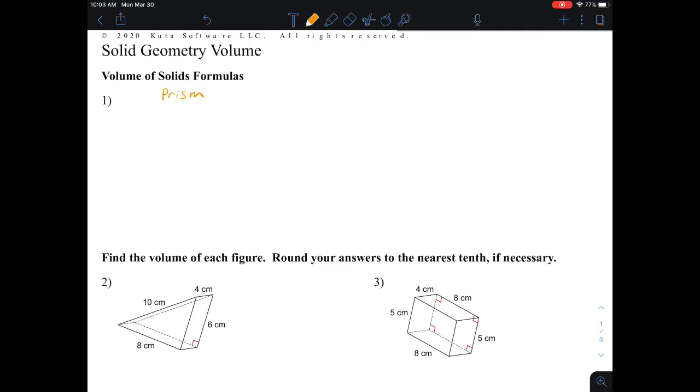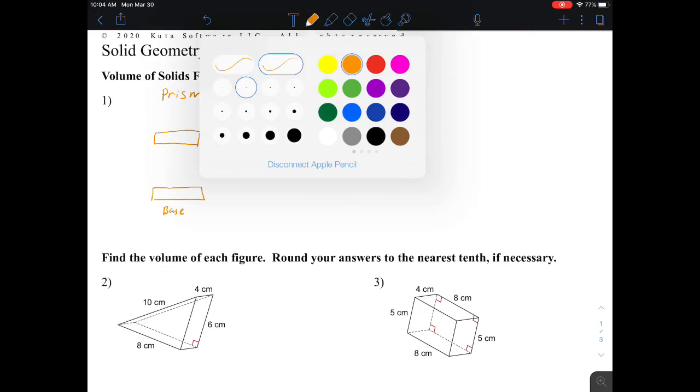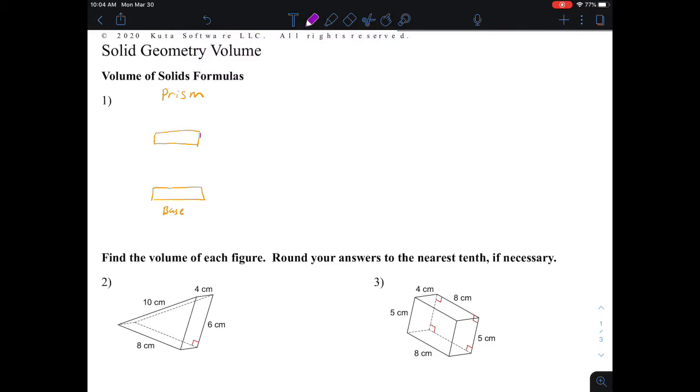A prism is a three-dimensional shape where you have a base, so let's say whatever my base is. On the opposite side of this three-dimensional shape, it will have the identical base, and it will be parallel. So the bases are parallel, and they are connected by a height. So the height of this shape